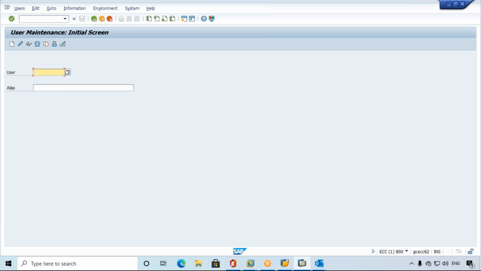So you should not create users, even though we have the SU01 T code. Every year our organization purchases user IDs, because employees are recruited. For those users, the organization purchases a number of user IDs every year. For example, in the 2021 to 2022 financial year, our organization may purchase 50 user IDs. Only those 50 user IDs can we use along with the existing user IDs.